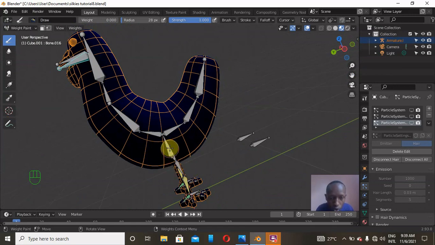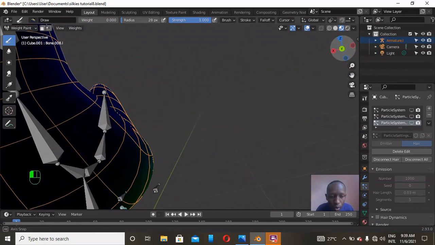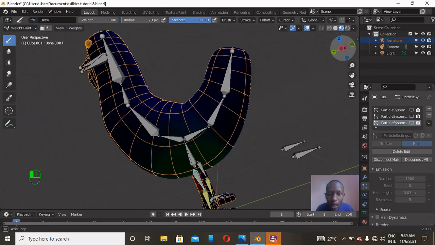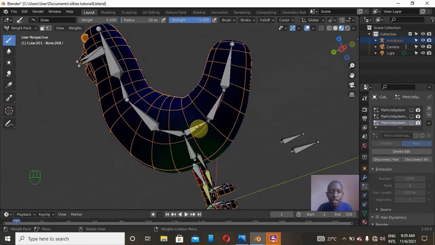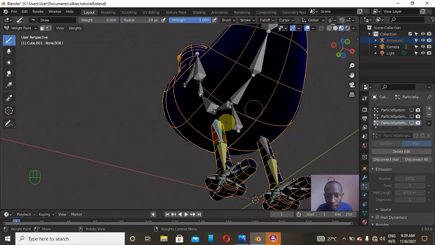Let's also control click on this bone here, which was really deforming in a very awkward way. We only need this bone to affect the legs, but you see, Blender automatically attached the vertices here to be affected by this bone. So we also remove these weights here by dragging and removing the weights there. Okay, just make sure that there is no weight attached to this place, and a weight of 1 is attached to the leg or to the feet.